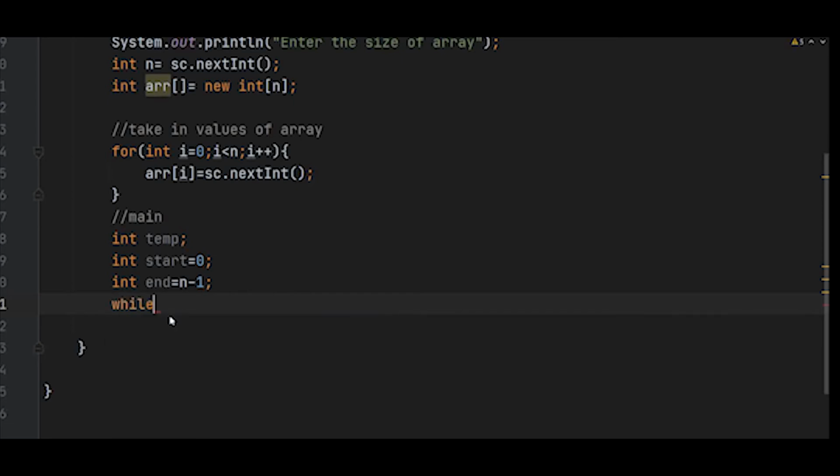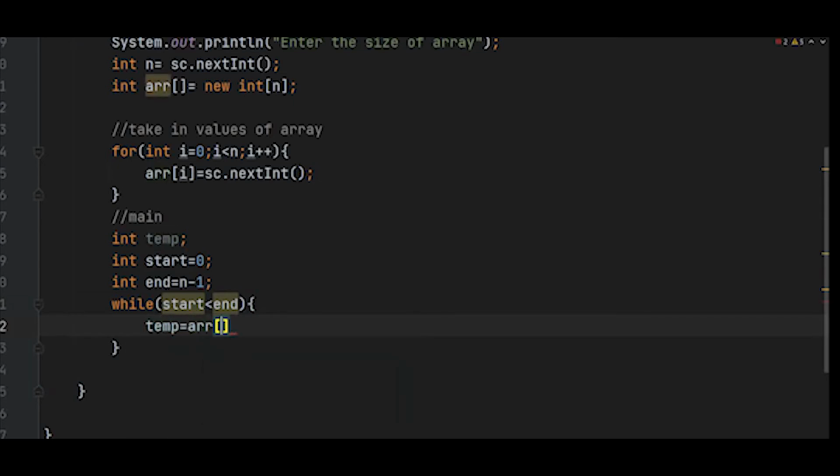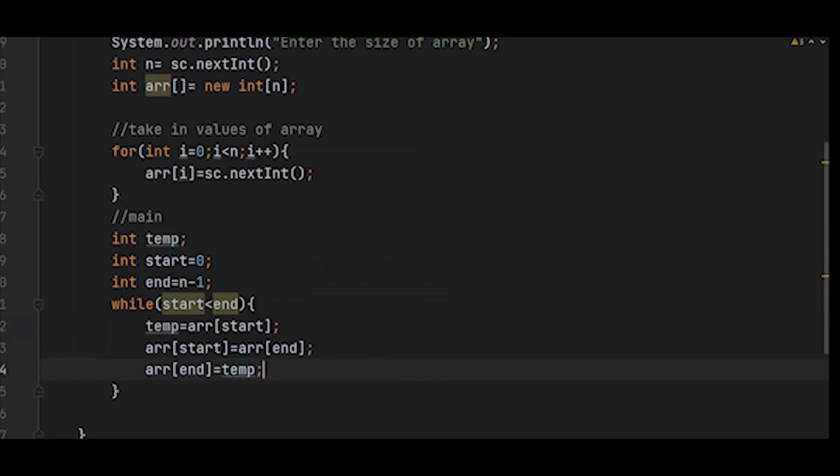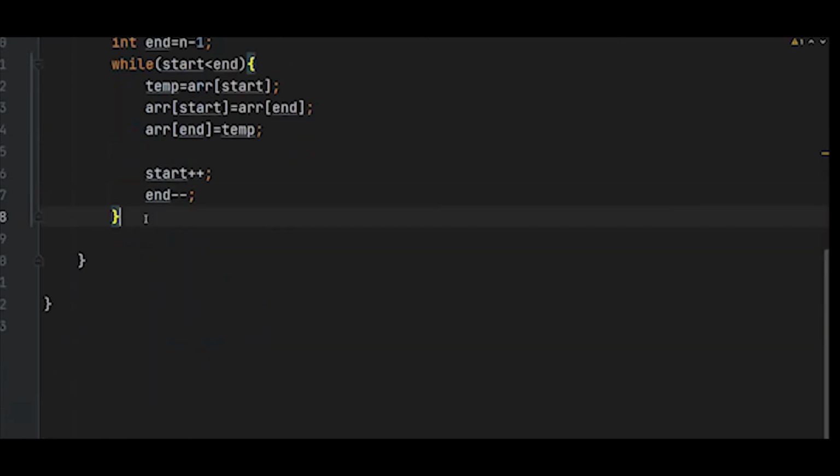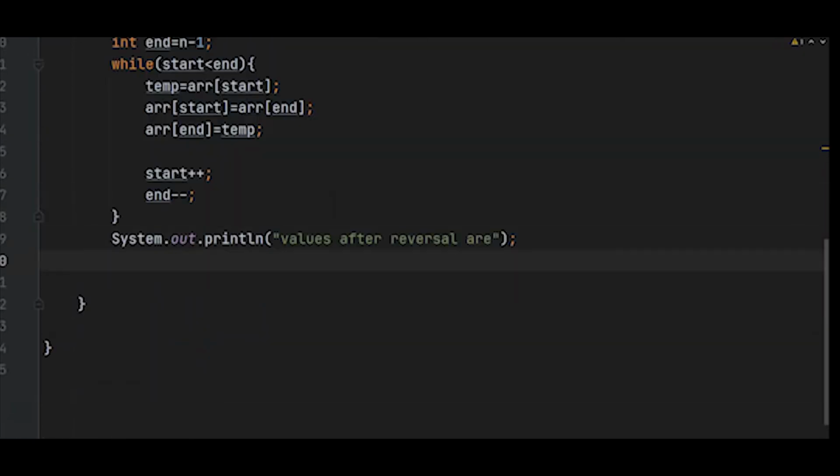So while start is less than end, I have to swap the values. Temp equals arr of start. We are swapping the values of the starting index and the ending index. And what we do is start plus plus and end minus minus. After we do this, values after reversal are